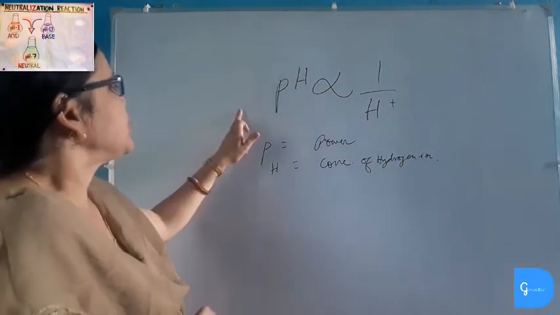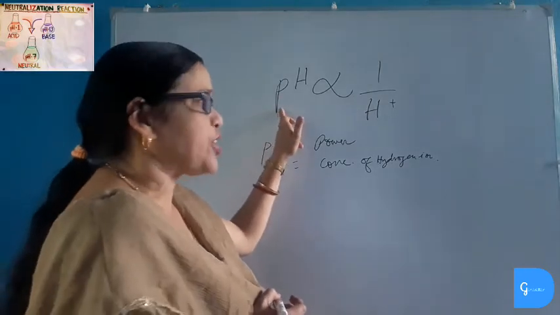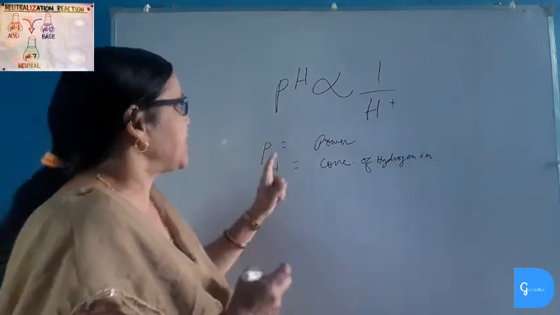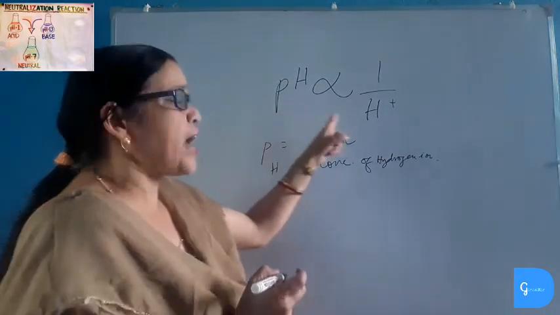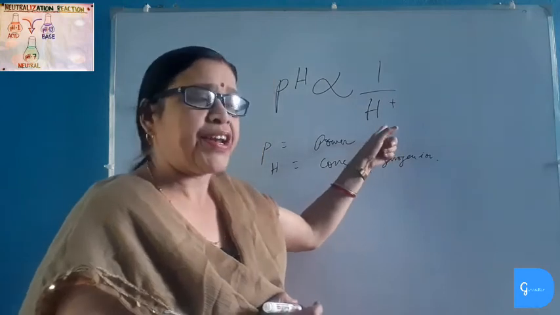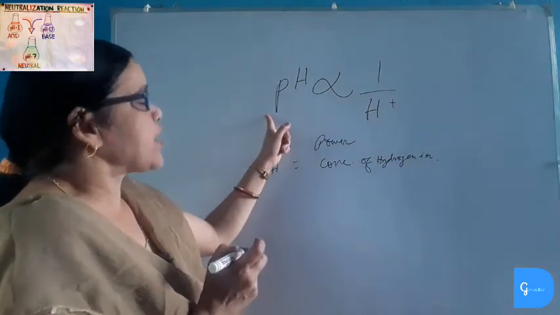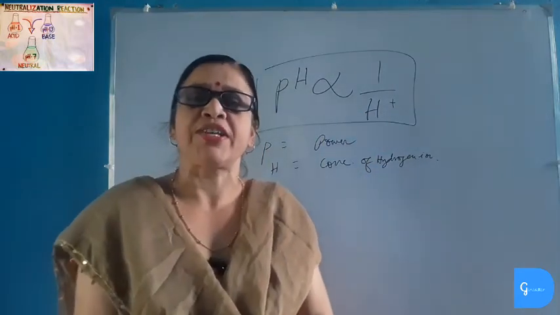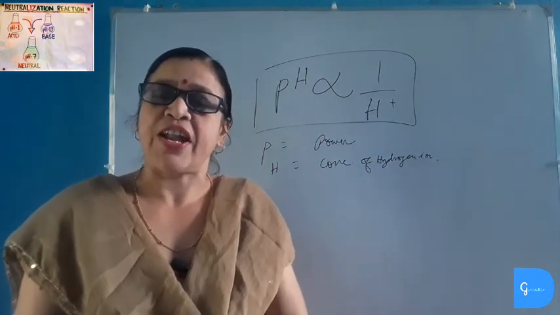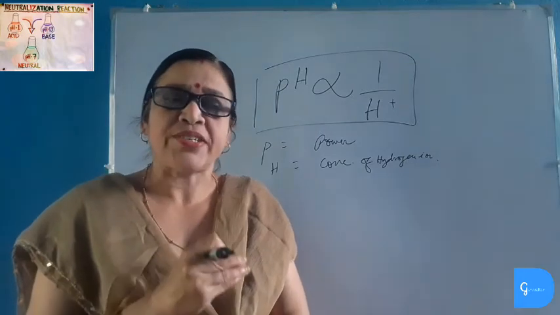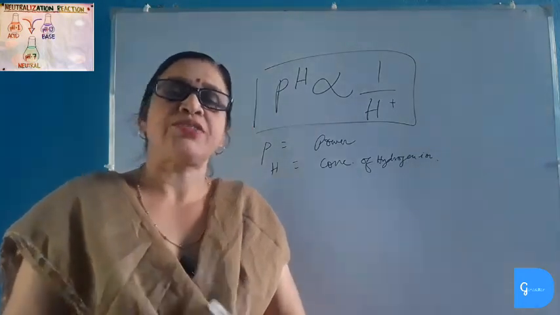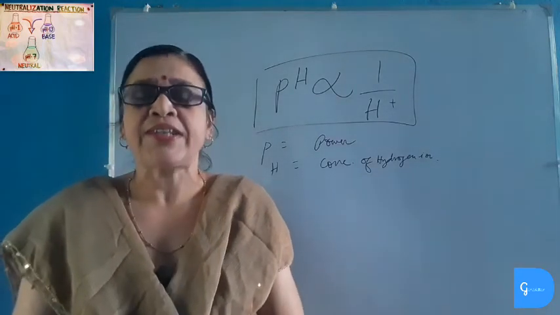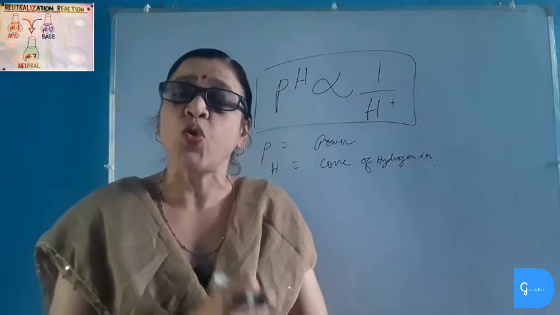So he found that pH of any solution is inversely proportional to the hydrogen ion, which means that if pH is less, then hydrogen ion concentration will be more, and if pH is more, then concentration of hydrogen ion will be less. Thus we can find the strength of acidic solution as well as the basic solution by measuring on the pH scale, which consists of numbers from 0 to 14 marked on it, and this number or pH value has no unit.